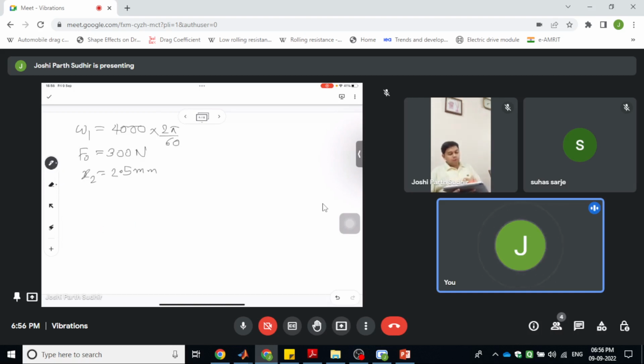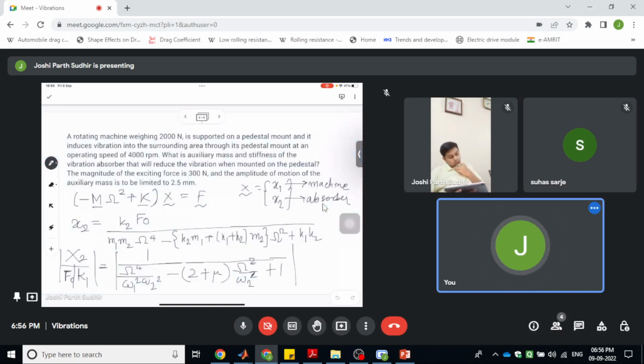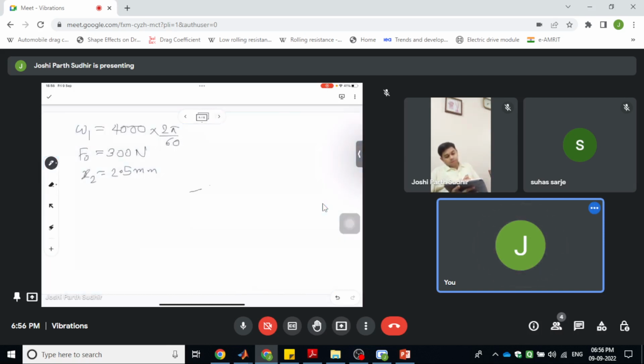So in this expression, if we substitute that the machine is operating at 4000 rpm, which is omega 1, the natural frequency, we will get x2 upon f0 by k1 as 1 upon, so basically we are using omega equal to omega 1, which is equal to omega 2. So then our expression will get